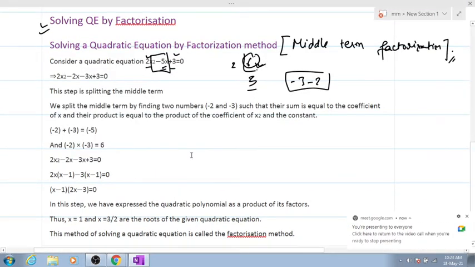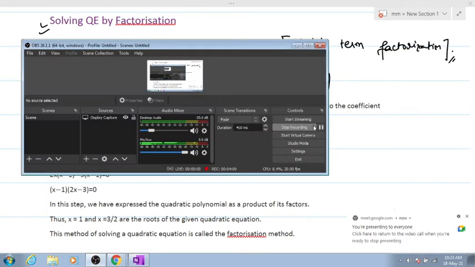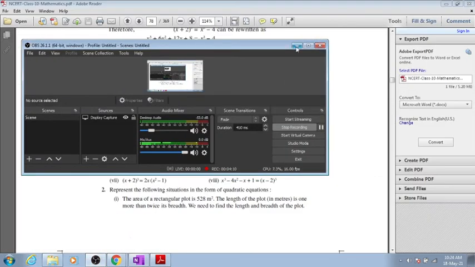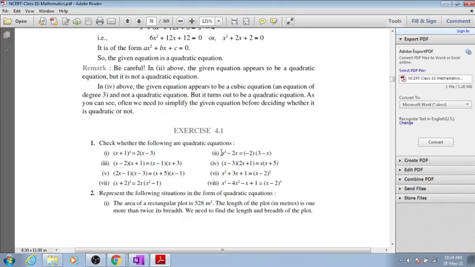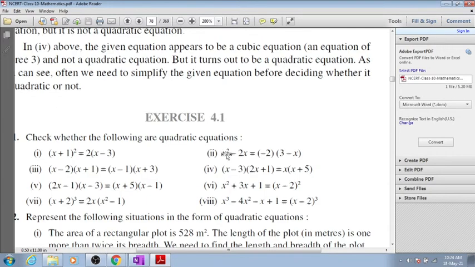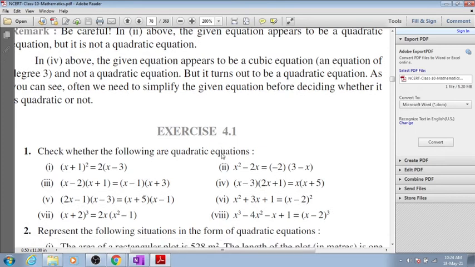So now moving on to your NCERT. After having understood the introduction part properly, we'll move on to exercise 4.1. It's in your NCERT, exercise 4.1. Over here the first question tells us to check whether the following equation is quadratic or not. So let's start with the first one: